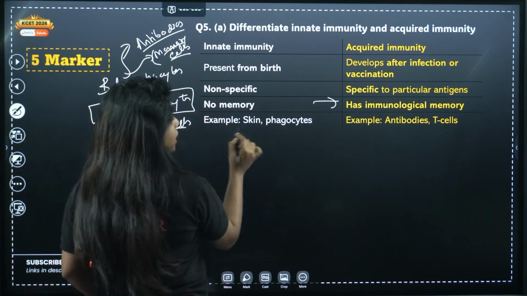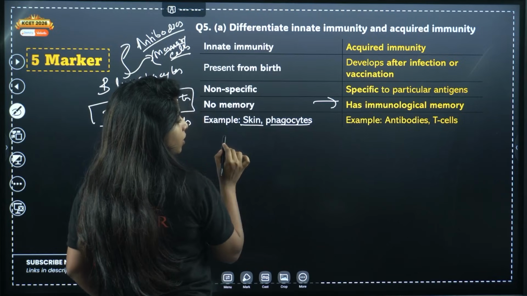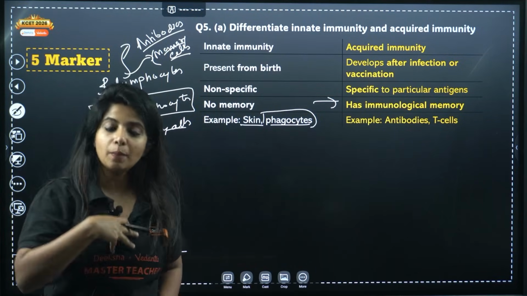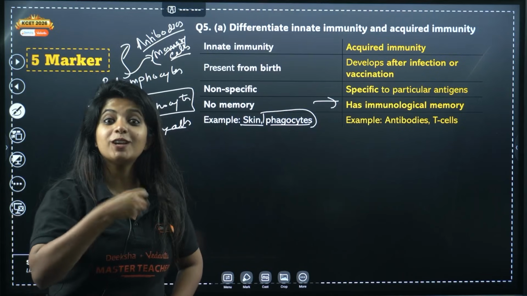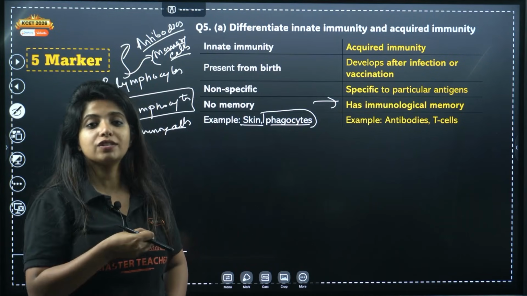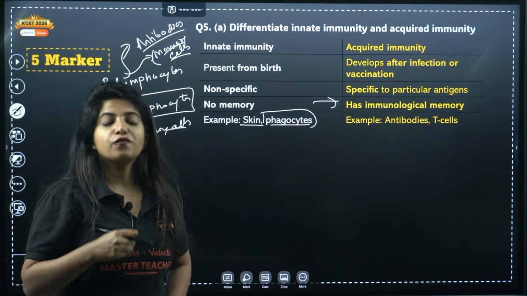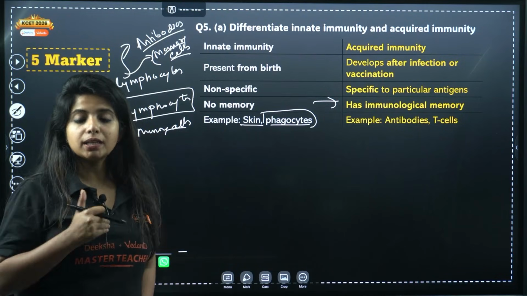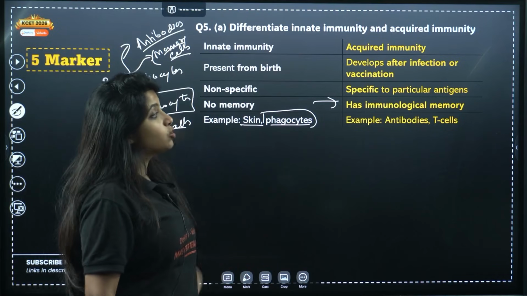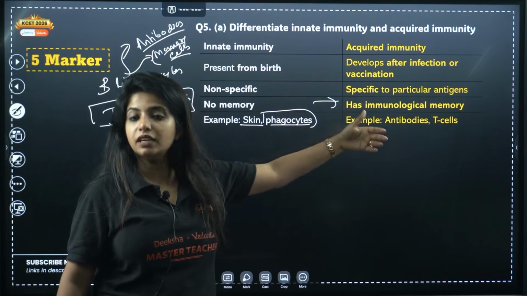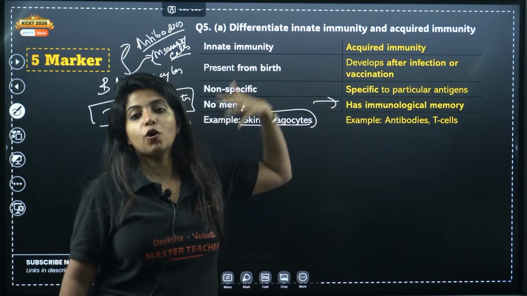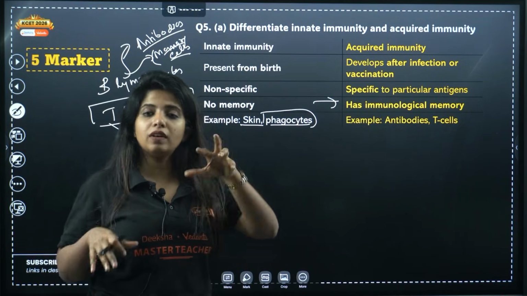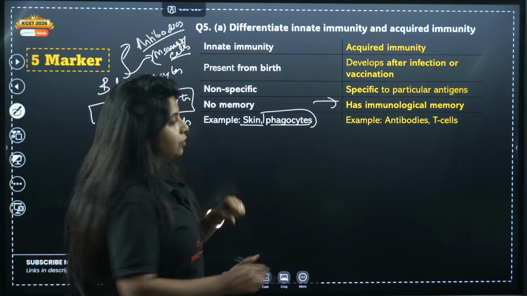Now examples for innate immunity are skin, phagocytes, etc. So ma'am, you said that cells come under that category. No, certain cells are with us from our birth. Okay, it comes under cellular barriers, for example, macrophages, natural killer cells, PMNL, polymorphonuclear leukocytes, all of them, they are with us from our birth. Now, there are certain cells which are being formed later on, my dear children, and those are your B cells, your T cells. It happens slowly, and they do their action even more slowly, even only when you have an infection. So examples would be that.